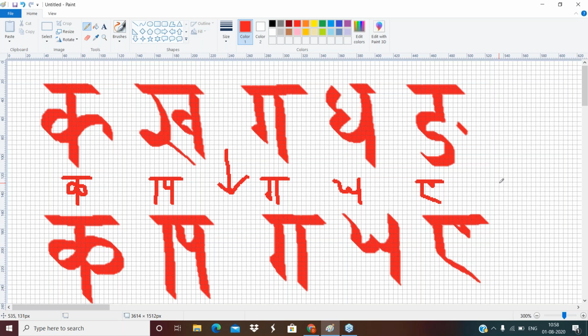The Ka is the representation of the Prithvi tattva. The Kha is the representation of Jala tattva, which is the water. Ga is the representation of Teja, which is the fire. Gha is the representation of air, and Na is the representation of Akasha. So Prithvi, Jala, Teja, Vayu, Akasha. If you see, Akasha is the subtle.